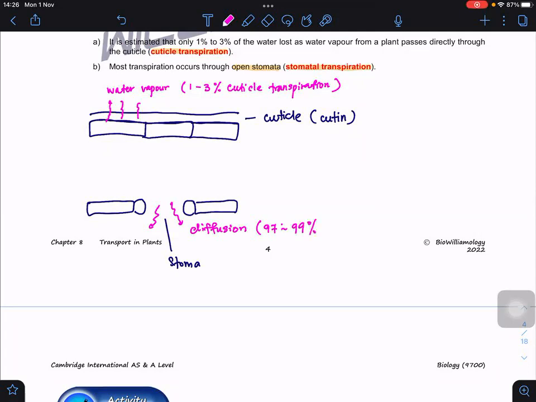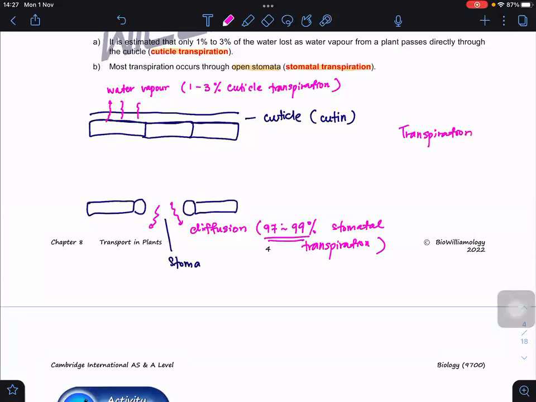This is termed stomatal transpiration. Are you clear? Because it's a huge percentage of the evaporation that takes place by this mode, sometimes when we use the word transpiration,